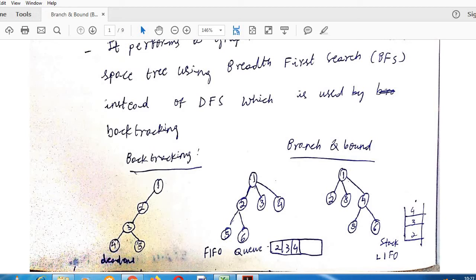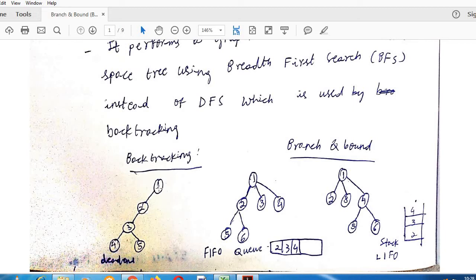If there is an option for traversing towards the depth of the tree, I will do that. So I will traverse node 5. Then again I hit a dead end. There is no more chance of exploring further. So then I will backtrack to the previous node. Then I will backtrack to its previous node and search if any option is there for further traversing towards the depth of the tree. If there is an option, we will traverse it.